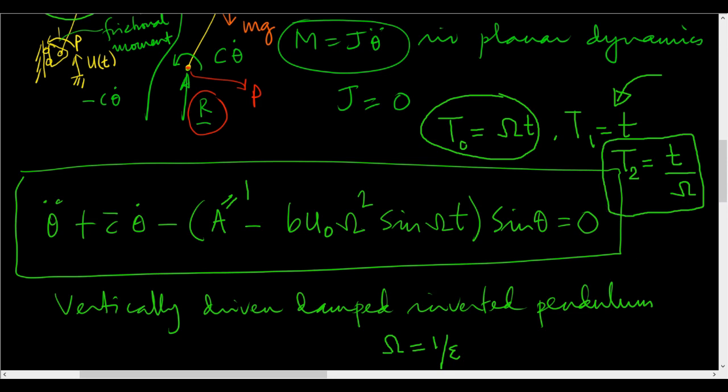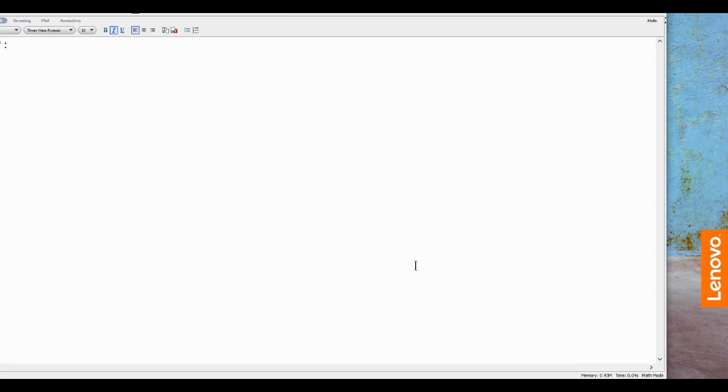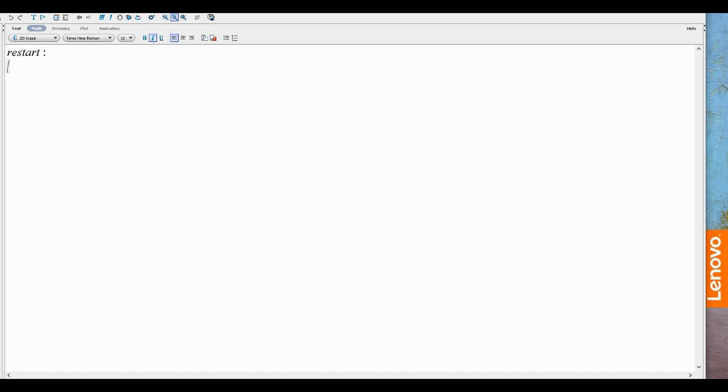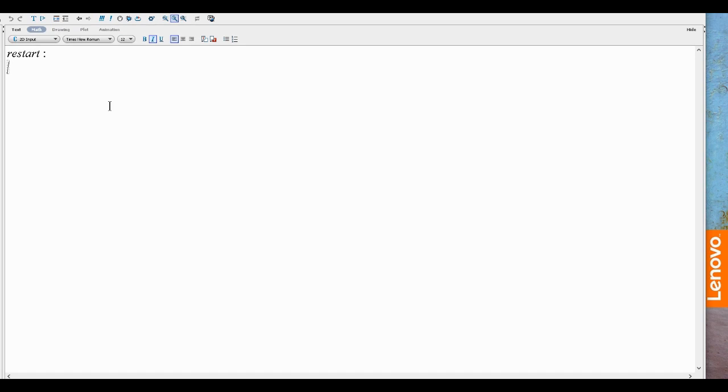Okay, so let us come here and just get the thing started in Maple, and we start like that, and what we do is we say dE is equal to theta double dot times omega square plus, what happened here, plus C bar times